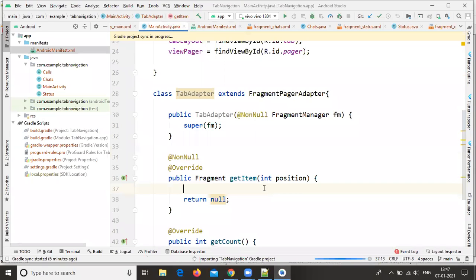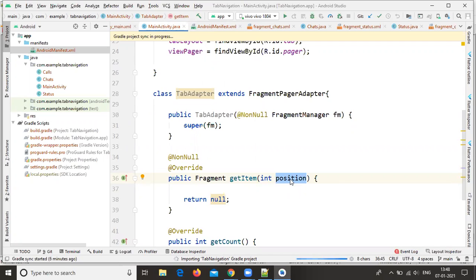Now inside the getItem method, we need to configure your fragments. In the getItem method, it returns a Fragment, and the integer parameter is position.